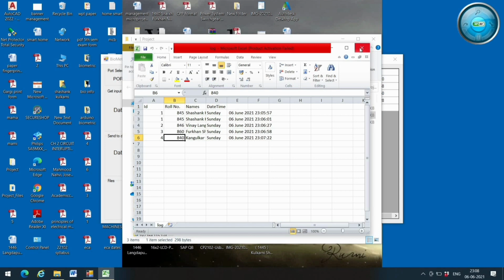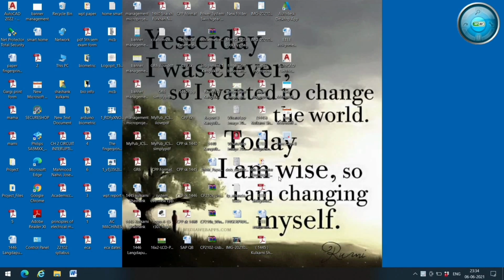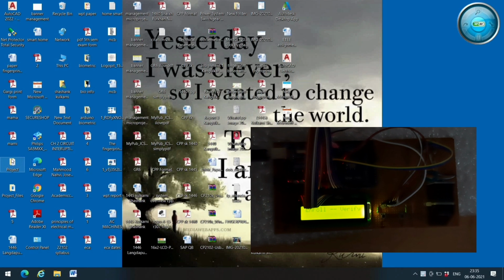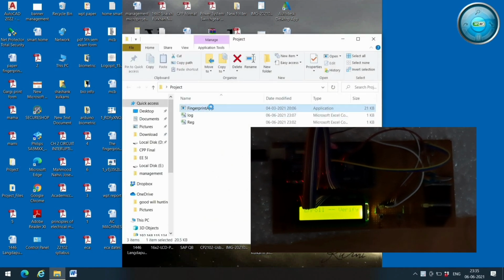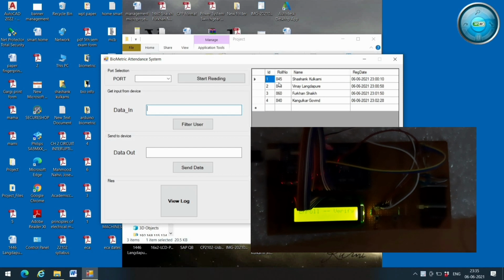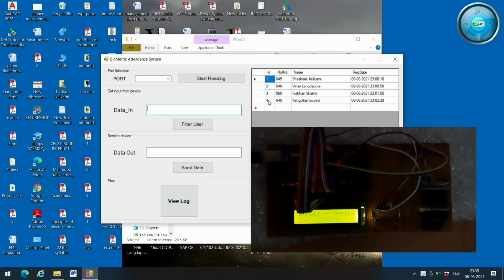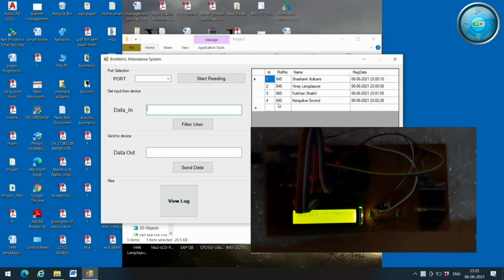Let's see how to delete. So now we will understand how to delete the enrolled candidates. Go to the project, open the application. Here there are 4 candidates successfully enrolled in this system.